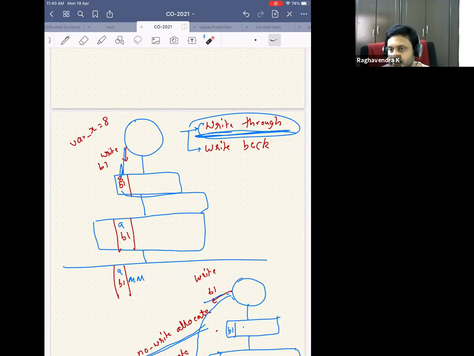Okay, let's say you plug in a USB disk. Let's say you push a USB thing into your system, and you want to copy something to the USB or from the USB to your system. Do you think the CPU will be involved in it, or will not be involved? Let's say you are designing the processor and somebody is using the USB, right? So will your program be involved? Will the processor be involved in the copy from the USB to your hard disk, or from the hard disk to the USB? Should you make the CPU be involved in it?